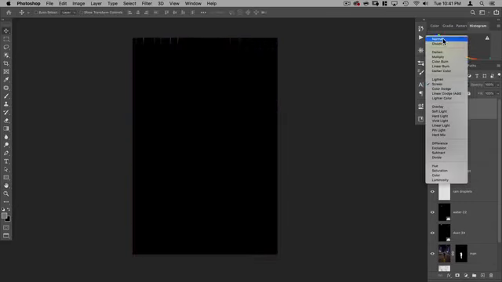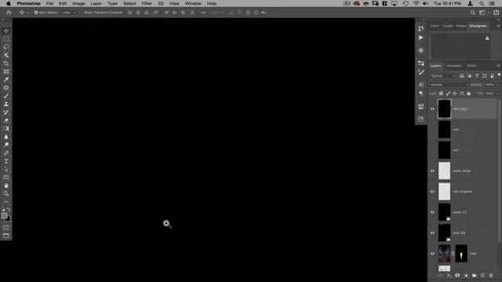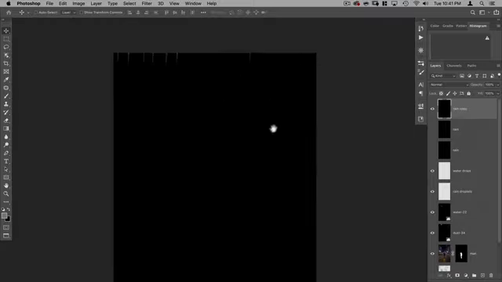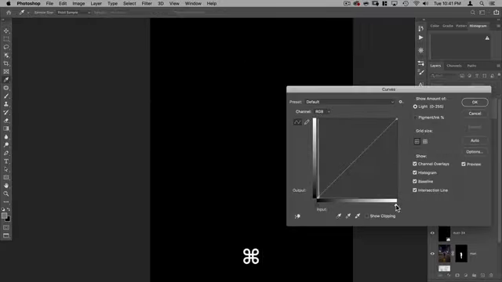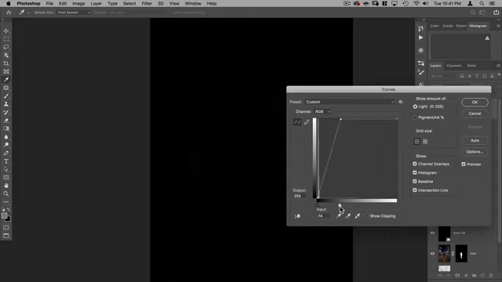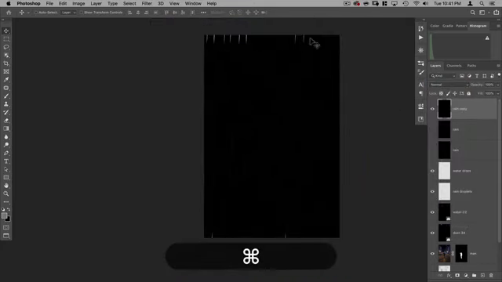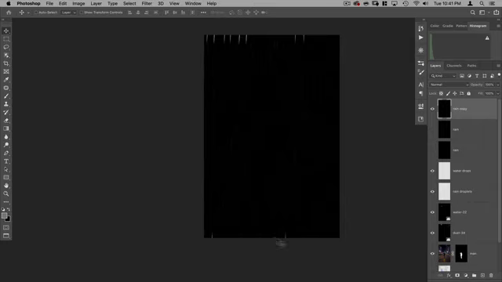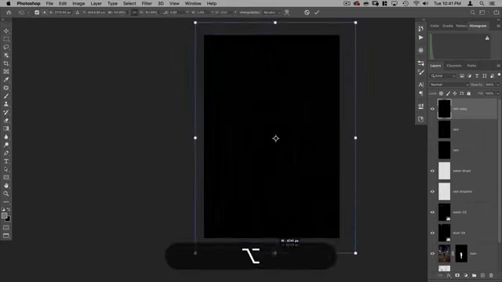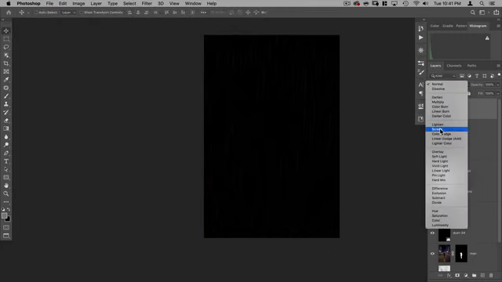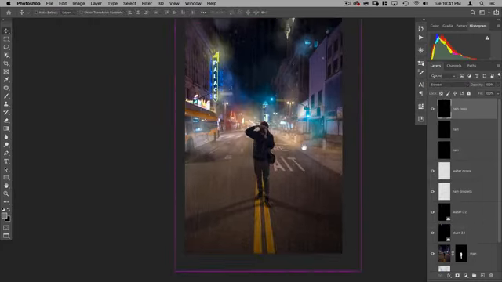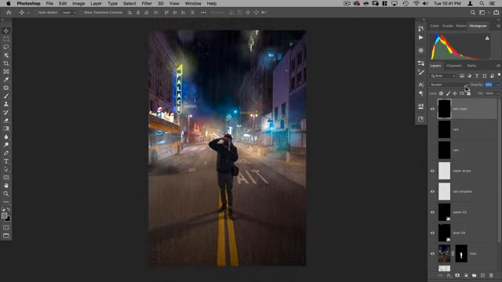The problem is, if I turn this back to normal, you can see that our streaks have turned into these very, very dark gray. So time for a curve again. Command M. We'll just bring the bottom up until we see those a little bit better. So something like that. And let's put this back on. Now, oh, actually, before I put this back on screen, you can see we have these top here and here. So just Command T and just kind of stretch that out so we get rid of those. All right, now we'll put that on screen, and that's giving me a nice rain effect. We'll take the opacity down on that quite a bit, just so that we get these subtle hints.